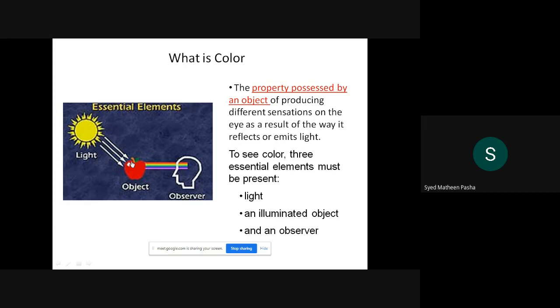Then you need to remember some hardware oriented color models as well. In your syllabus there are 3 different hardware oriented color models. One is RGB, which is used for color CRT monitors. We saw in the first module color CRT monitors, which use RGB color. Then YIQ, which is basically used in the broadcast TV color system, as well as CMY. The third model is CMY, which is defined as cyan, magenta, and yellow, and is used for printing devices, so that you can print anything using these particular models.